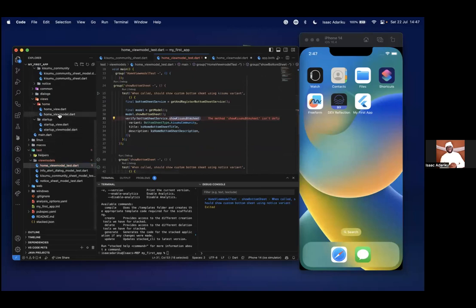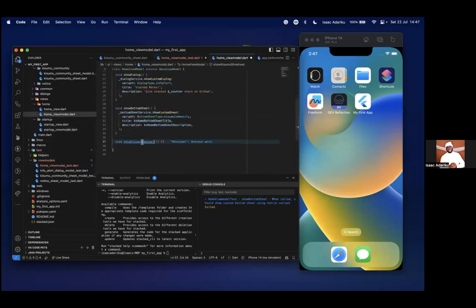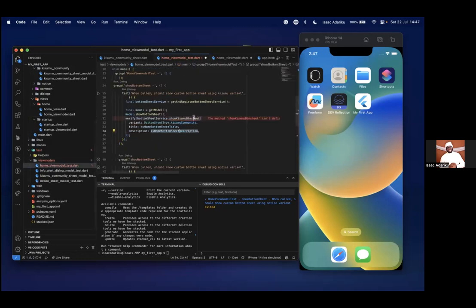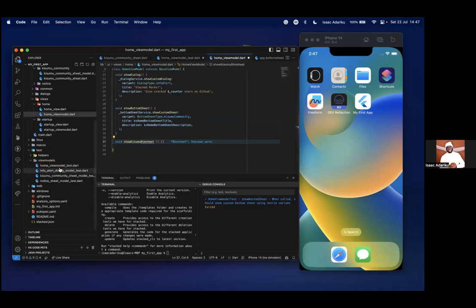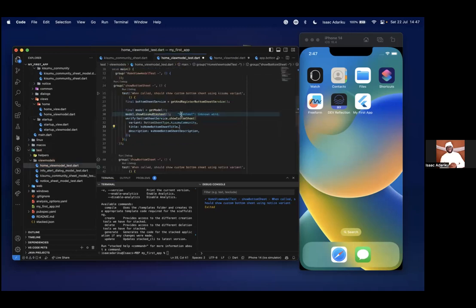Sorry, let me see. Okay. Sorry, it should be here. Show custom sheet. So it should be here. This code actually is empty at the moment, and you have this. And what we do, you actually write this.